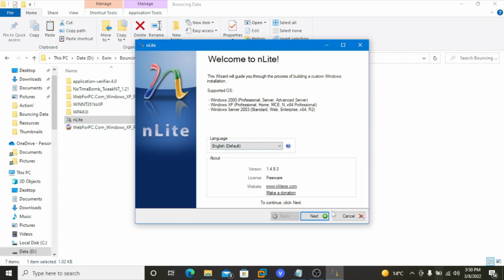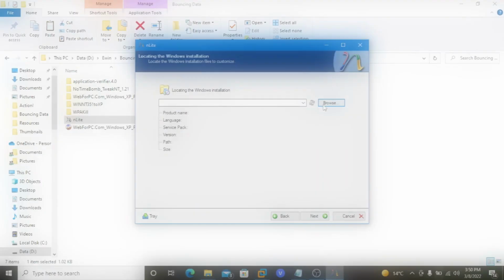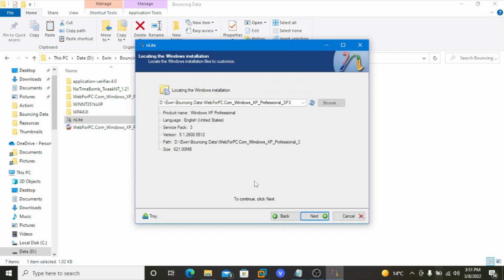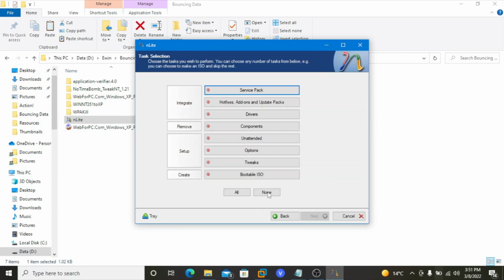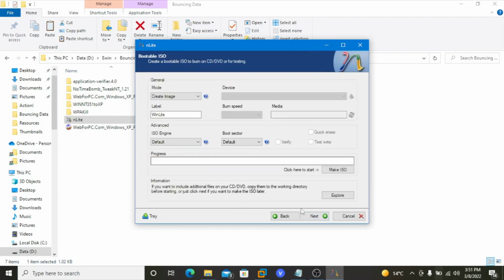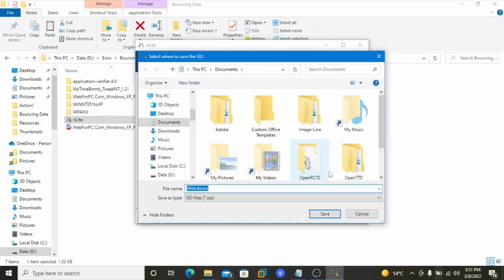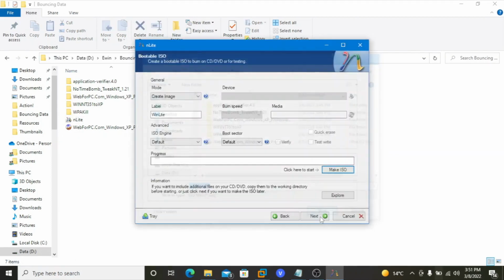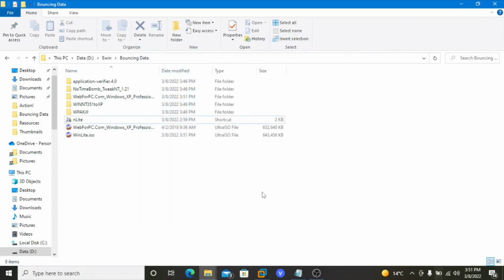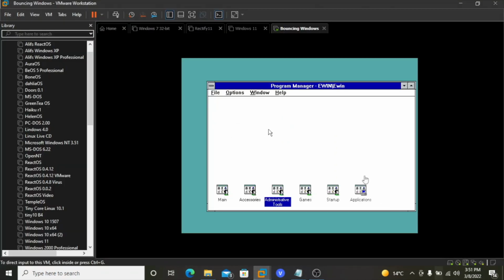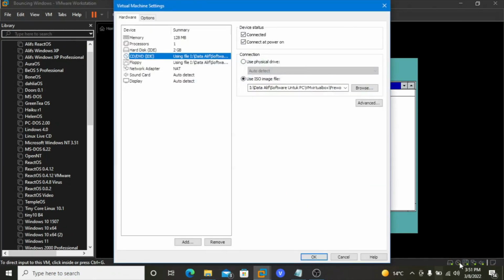So going to NT Lite, then going to browse, okay, and then going to get yes, Windows XP, then next, okay, next, and then make it bootable, next, and then make the ISO, WinLite ISO, save, and then it will make the ISO, the modified one. Now it is finished. Going to next and finish, and then we're going to VMware again, to CD settings, and right now we're going to